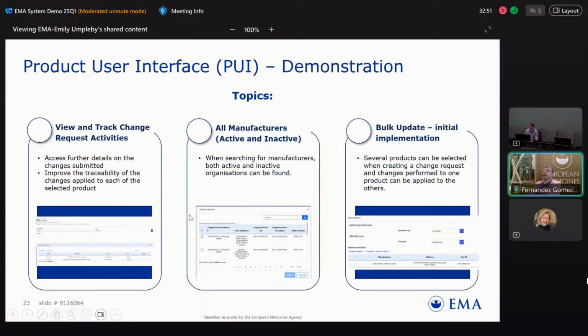It is related to the bulk update mainly. First of all, we will show you the view and track the change request activities. We have implemented a way that you can see in which step each of the products is. So you can have further information on the changes that have been submitted and also improve the traceability of the changes that you have applied to each product that you have selected. Moreover, based on the feedback that we received, we have included all the manufacturers, so active and inactive organizations from OMS, when you search for the manufacturers that you need to submit as part of the enrichment,